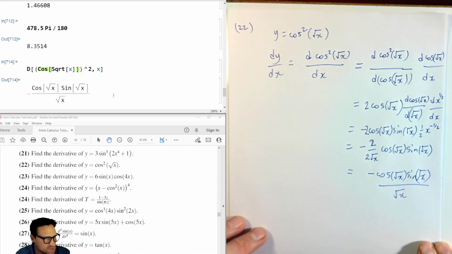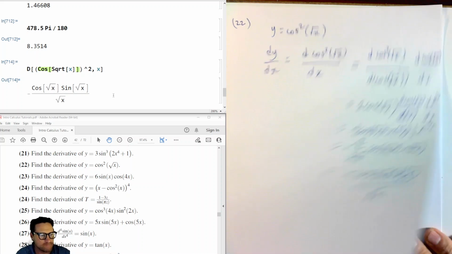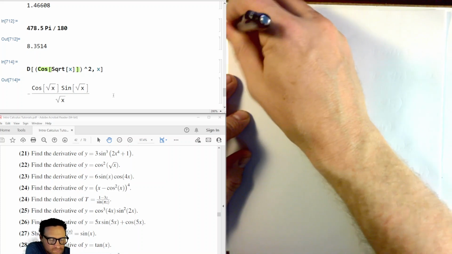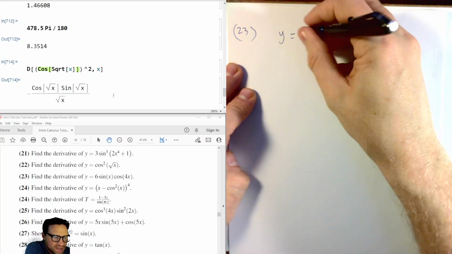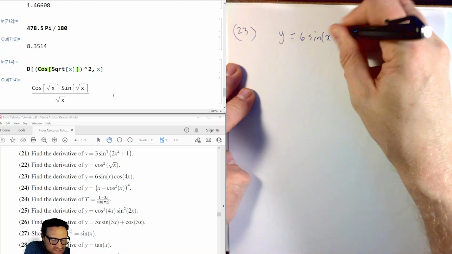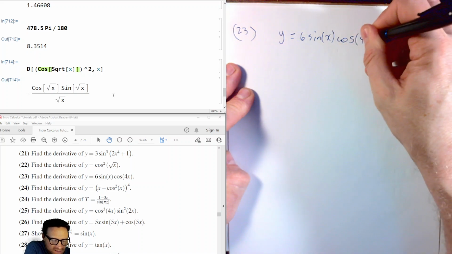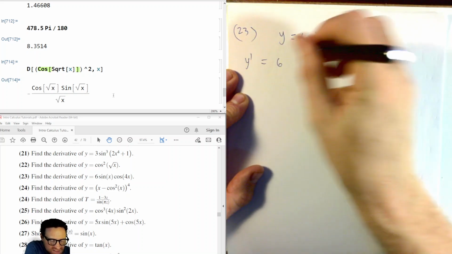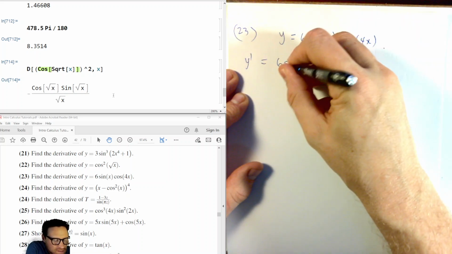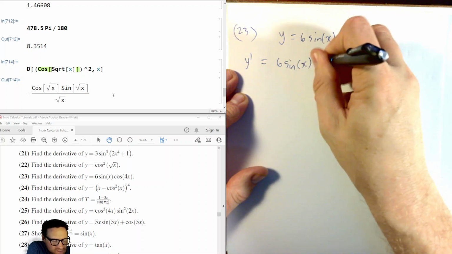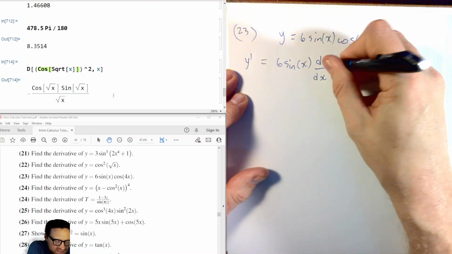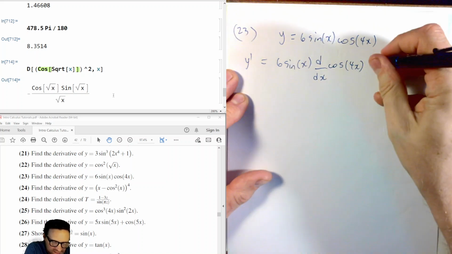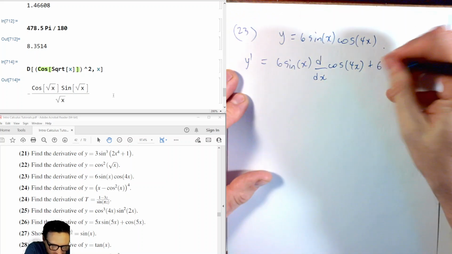Okay, great. Let's move on to question 23. So in 23, we clearly need the product rule. So y equals 6 sine of x cos of 4x. Okay, so y dash is 6 sine x times the derivative with respect to x of cos of 4x, and then we swap the order of these. The 6 comes along,